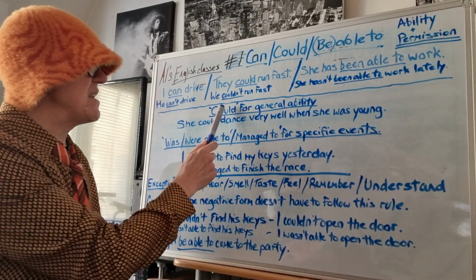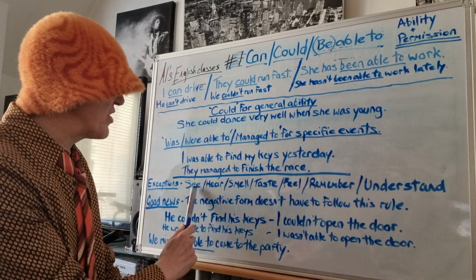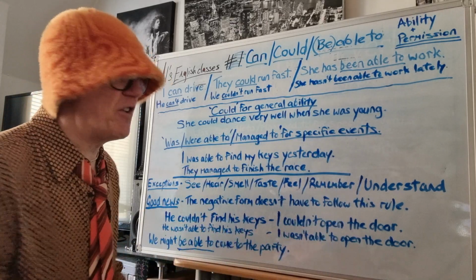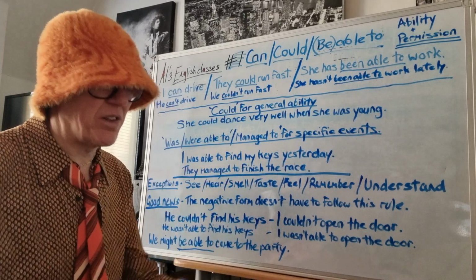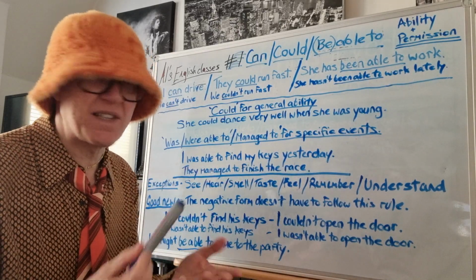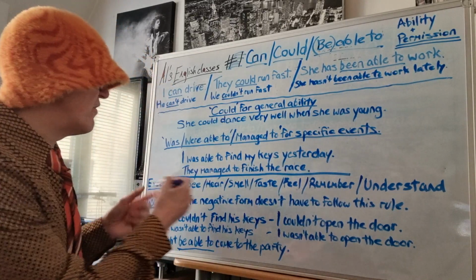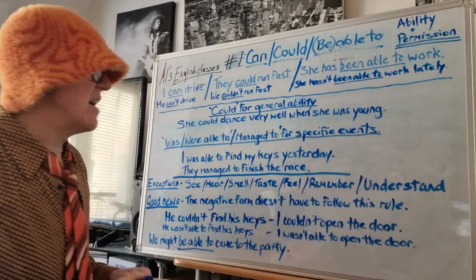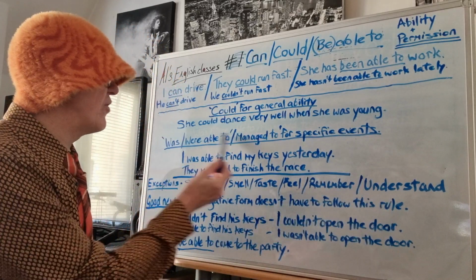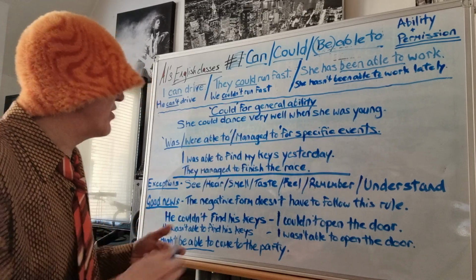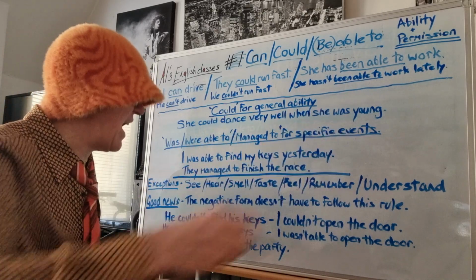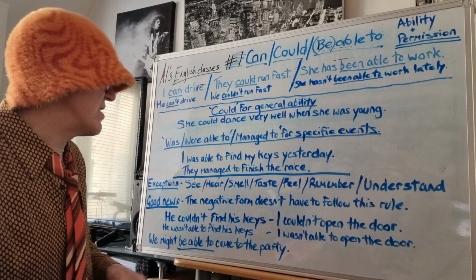Now, it might be easier for you to just use could, but you must remember the 7 verbs. If you've got any doubts, just use this rule, which we use for all the other verbs: run, dance, eat, work, sing. So until you're very sure of these 7 verbs, you can use this form if it makes you feel more comfortable. And then you can use could when you're comfortable, or you can continue to use these after. It really doesn't matter.